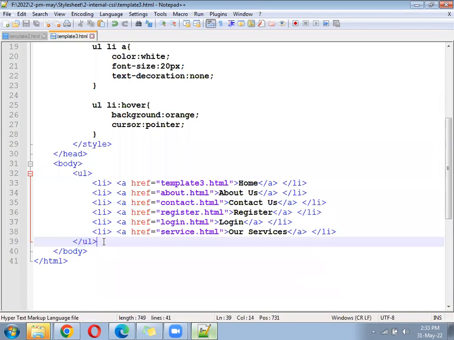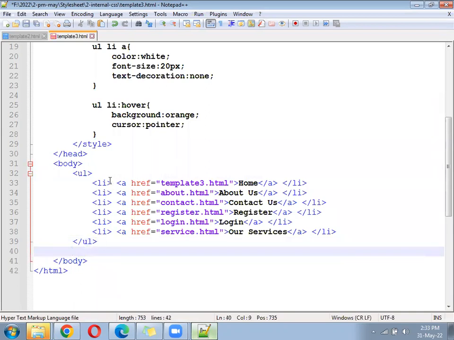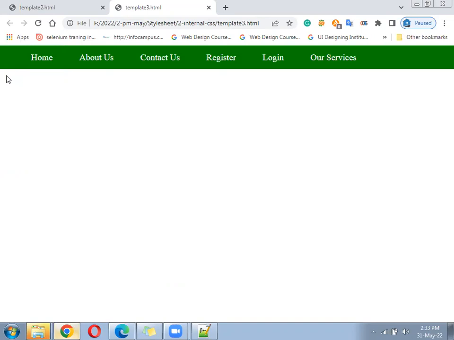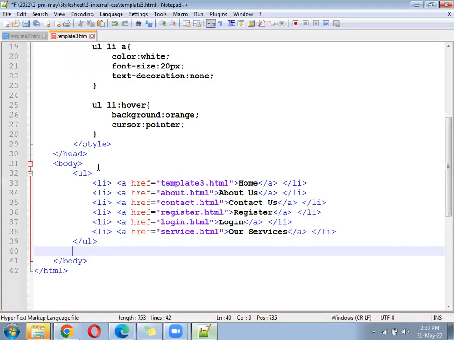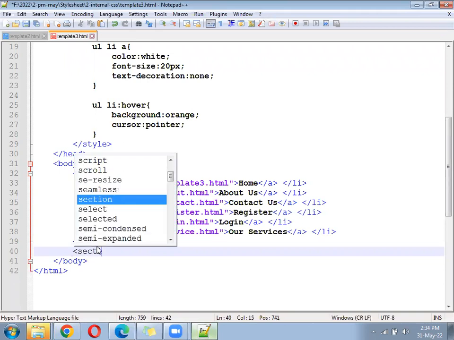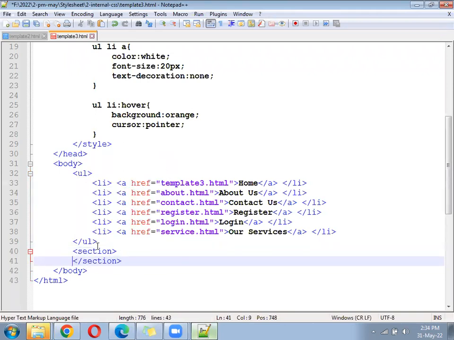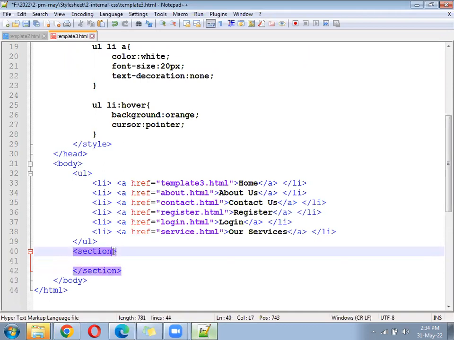We have to create. Now come after this. Below this, we will display 3 banners, 3 blocks. First one banner will come, and inside the banner 3 blocks will come. So banner will be of something like this. Use a section tag. Under the section tag, ID equal to banner.